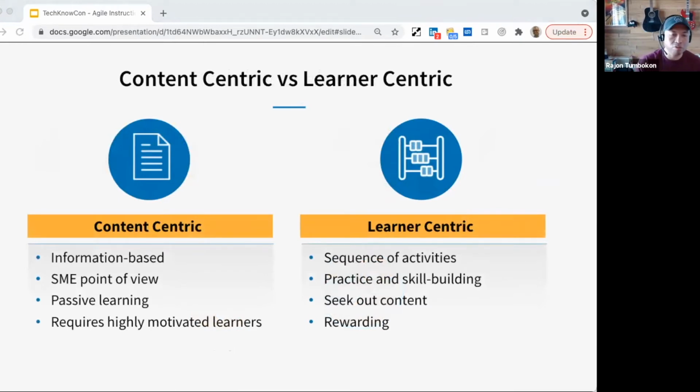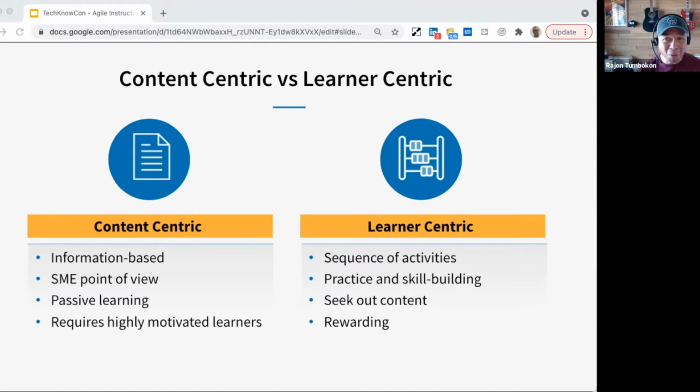I also want to go through two concepts of content-centric and learner-centric. Content-centric is probably the most traditional way we can think of training. A saying I like to describe this is sage on stage. It's when information is being presented to you most of the time. So what I'm doing right now, ironically, is a content-centric presentation to you. It's definitely not learning-centric, and I apologize for that, but we'll understand what's going on.